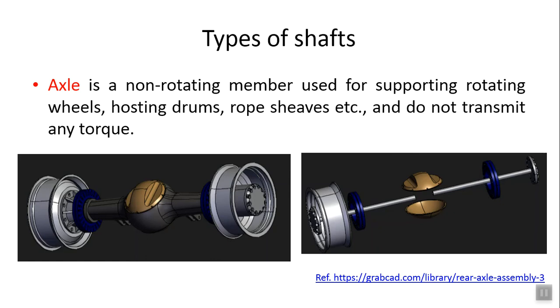It may rotate with the wheel or simply support the wheel. Generally, an axle is only subjected to bending, and usually this bending comes from the bearing reaction. You can see this photograph. The photograph is of an automobile rear axle. Here definitely it will transfer some torque, and it is not a non-rotating member. Basically, an axle is a non-rotating member, but this particular definition is applicable to a few cases like a railway